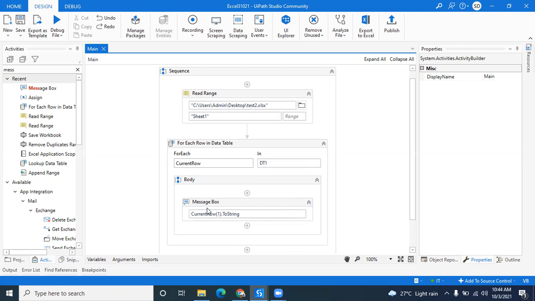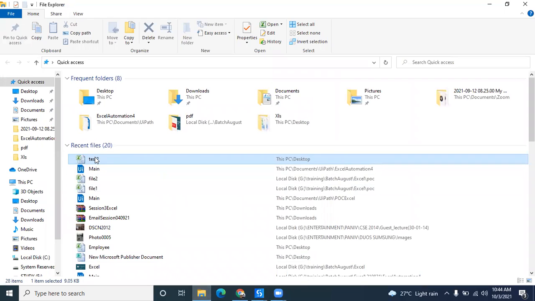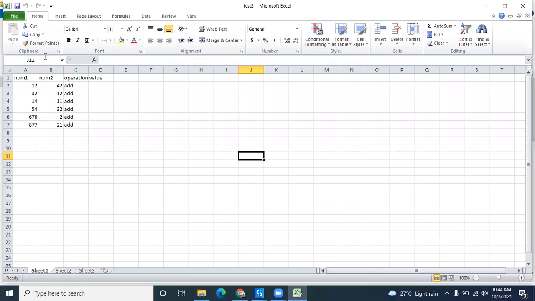Okay, it means we have to take current row, and for mentioning the column, we have to take 0, 1, 2, 3 like that. Yes, correct. Which value you want depends on that. Depending on that, you can just take the index. So the first column's index is 0, the second column's index is 1, the third column's index is 2, like that.